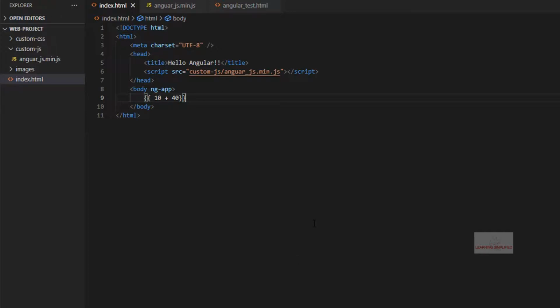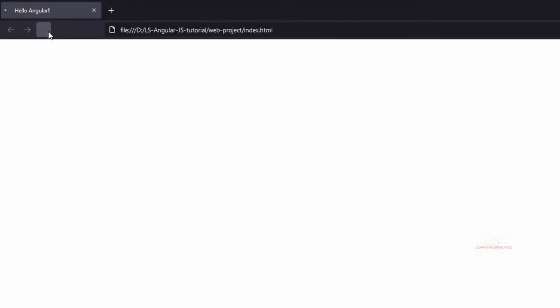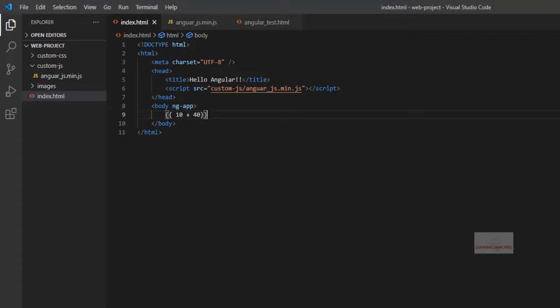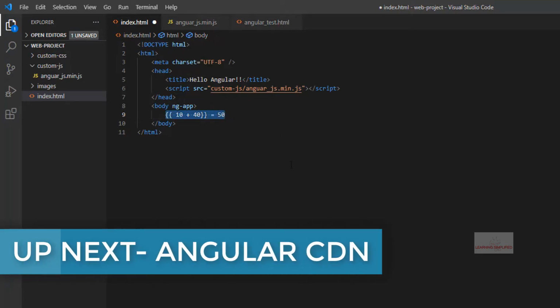And now if we press Ctrl S and head back to our project and reload, we can see that the addition result is being shown in our project, despite the fact that we haven't written anything regarding this application, regarding this addition operation here. Like if we had used 50 equals 50, then we should have expected something like this whole document to show in our project. But this is not the real case.